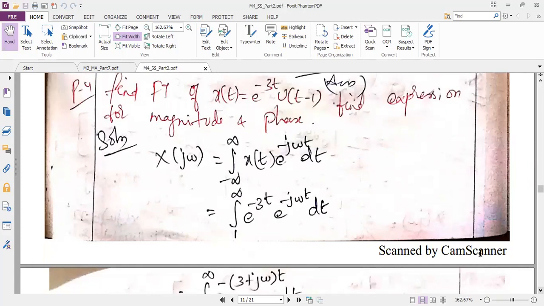So you can copy meanwhile before getting disconnected. This problem number